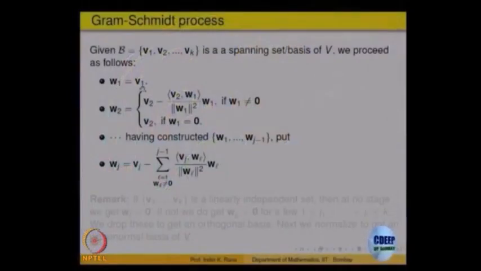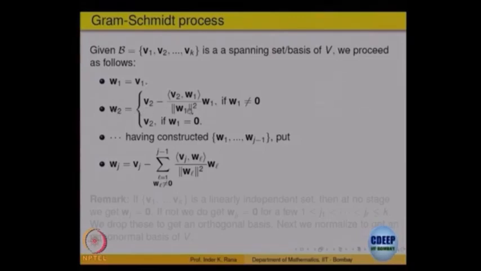So, if two vectors are linearly dependent in the given set, when you do orthonormalization, this Gram-Schmidt process, you may get a 0 if one of these is linearly dependent on the previous ones. We will drop them and go to the next step, okay. So, that is the idea. So, here is the process. The first one, V1, is given to you. So, define W1 as V1, okay.